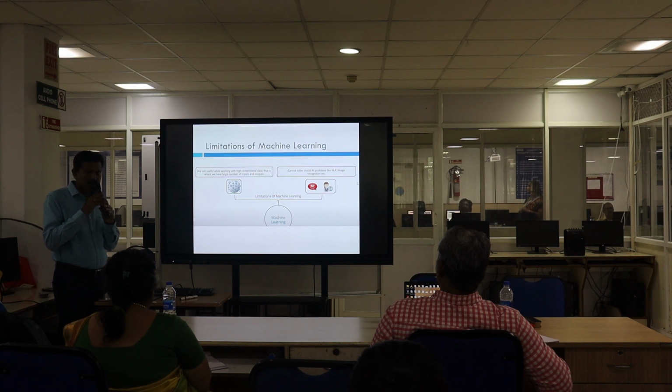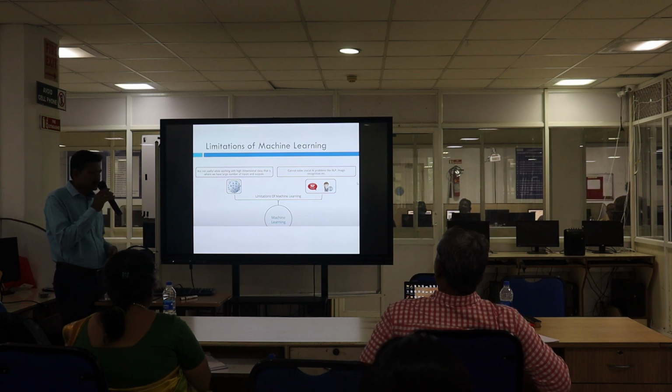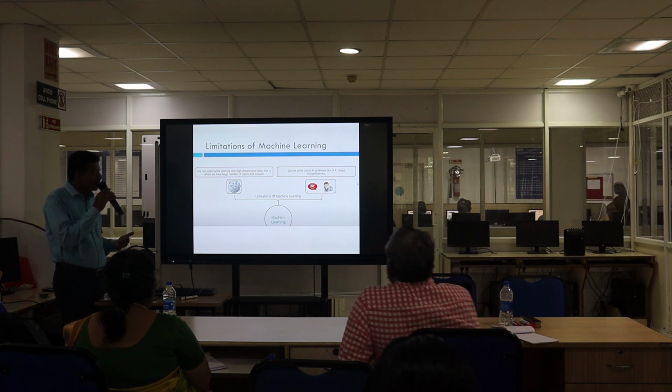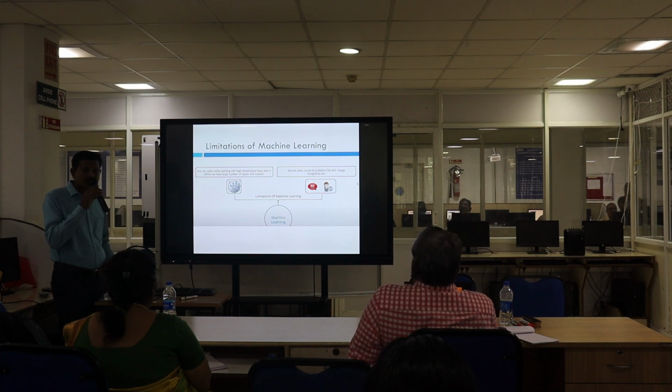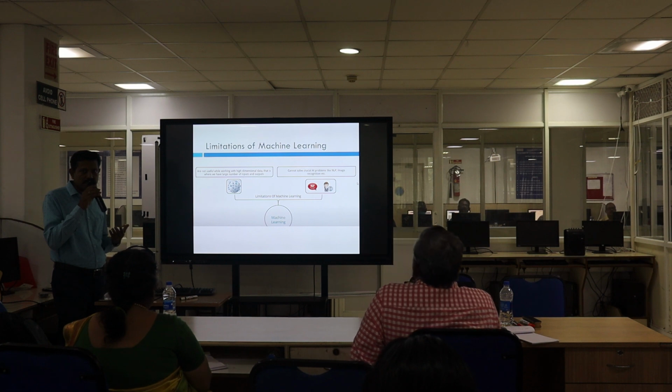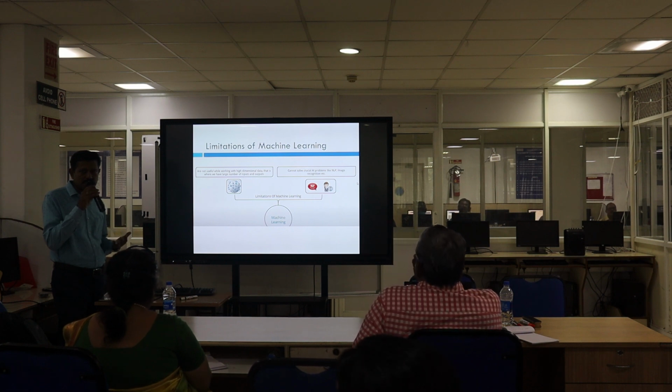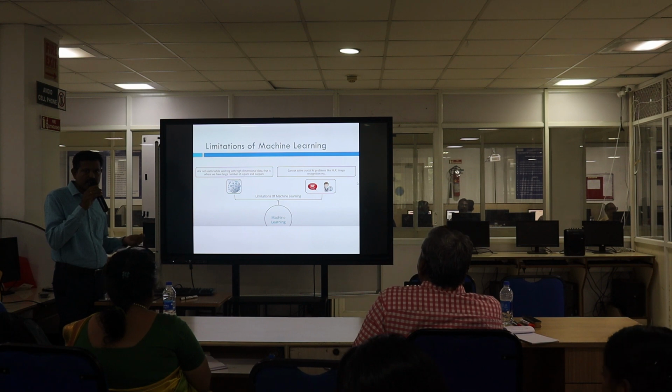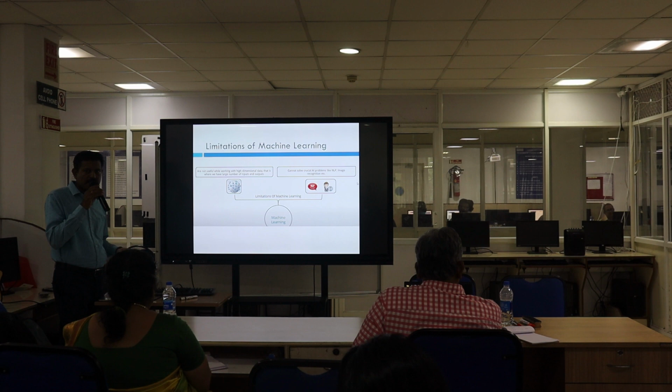If you have a large number of inputs and outputs, then it's very difficult to handle through a machine learning model. For example, image processing, video processing, image recognition systems. Nowadays we have lakhs and lakhs of images to process, and machine learning cannot easily handle a large number of inputs or produce a large number of outputs.